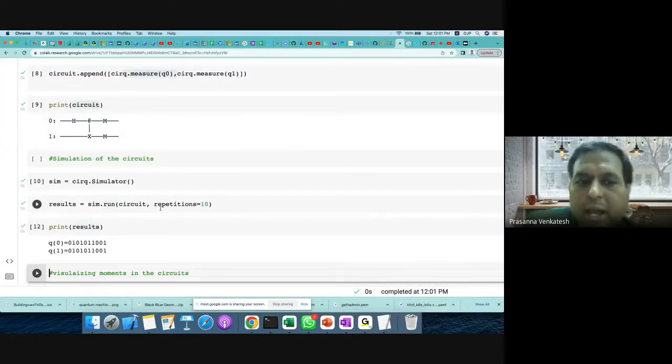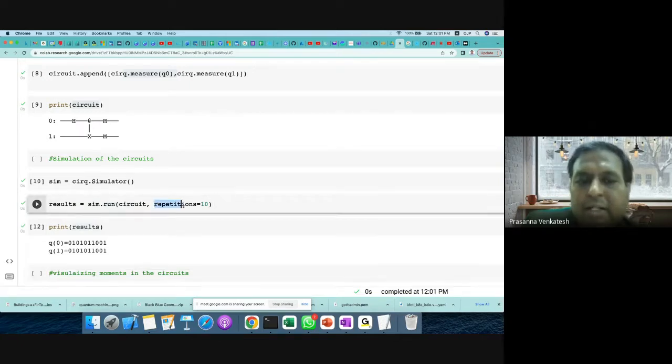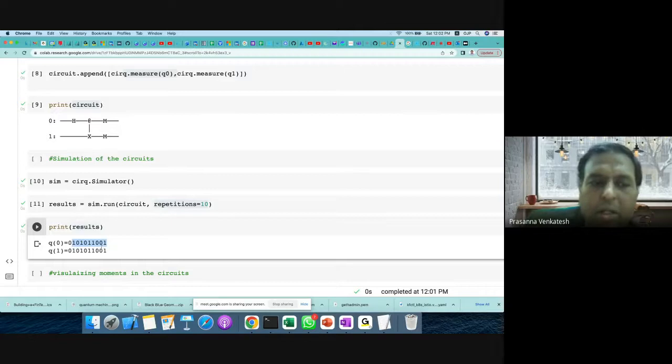Now here I represent 10 repetitions I want. It is similar to the epochs that you do in a machine learning process. So these are 10 iterations that I'm doing. At the initial stage, my Q0 was 0 and Q1 was 0.